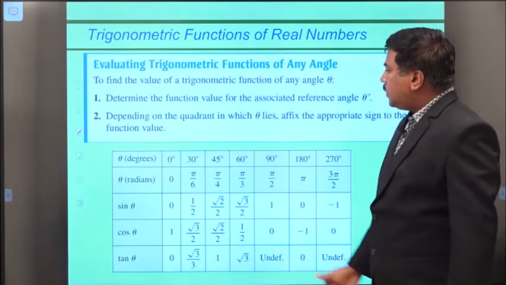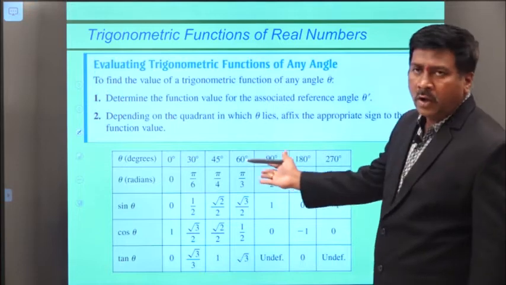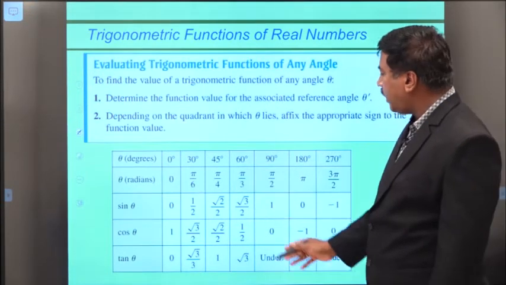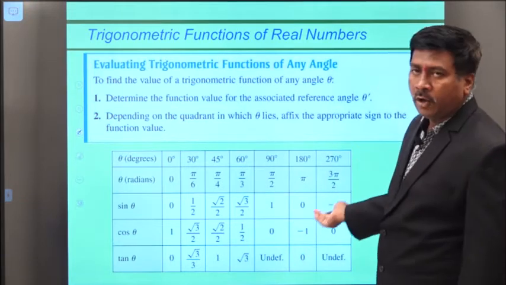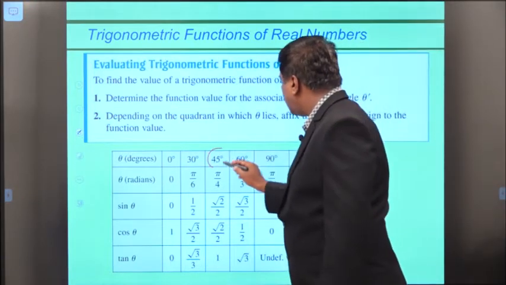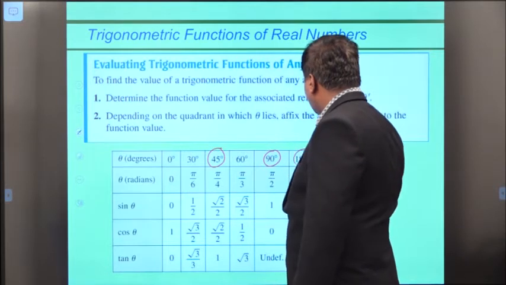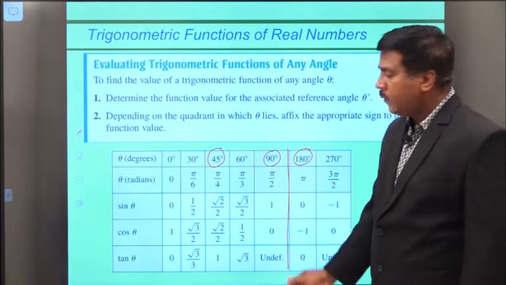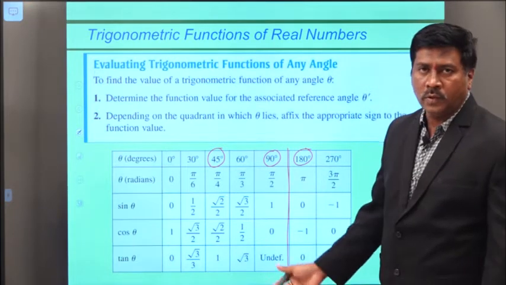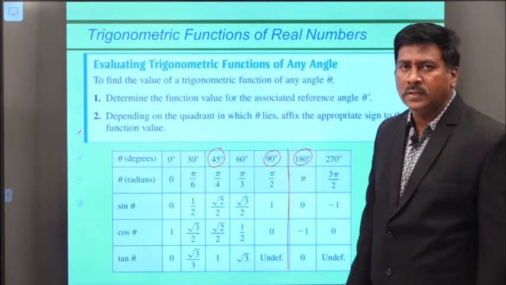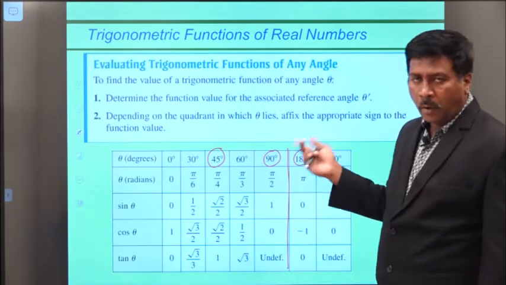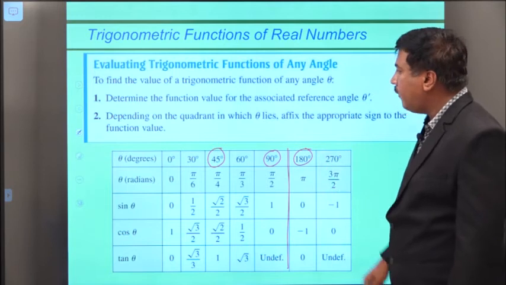Now, by using these conditions, whatever you learned previously, the tabular form of sine, cos, tan for theta at 0, 30 degrees, 45 degrees, 60 degrees, 90 degrees and 180 degrees, you only have to remember up to 90 degrees. Because by taking these values, when we do the problems, we can easily find the values.